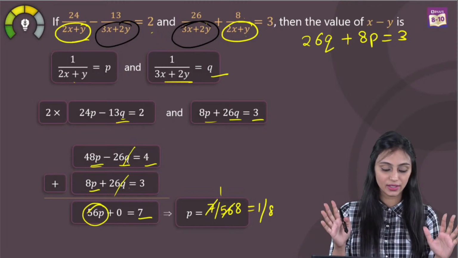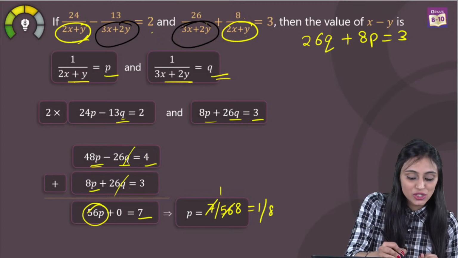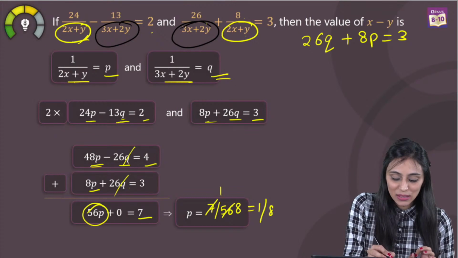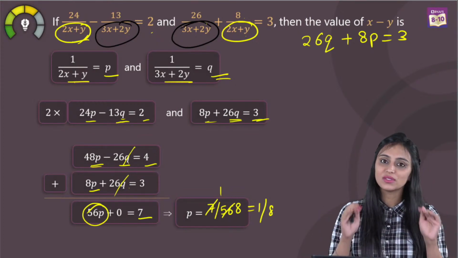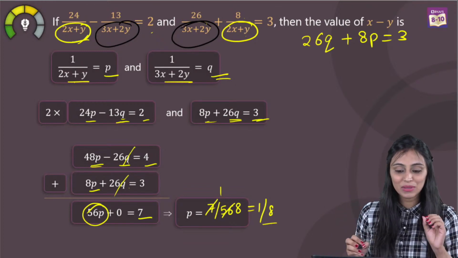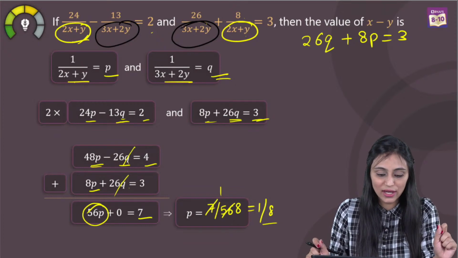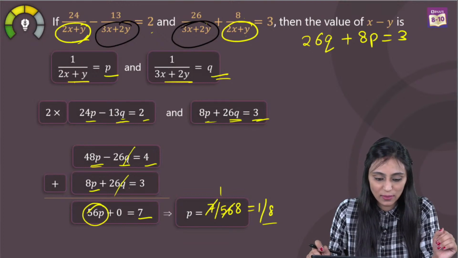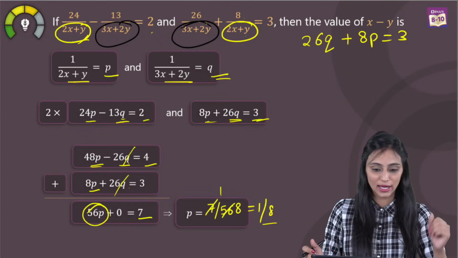So what we have done here is, see, simply we assumed these as P and Q. Then I substituted it here. So we get 24P minus 13Q equals to 2. 8P plus 26Q is equals to 3. Then I applied the elimination method over here. Just simplify this and then you get P equals to 1 by 8 at the end. Alright, so the value of P is 1 by 8. I can see that most of you have written it, Achna says it's 1 by 8, Sahil says it's 1 by 8. Yusuf says P is 1 by 8. 7 by 56, yes Rohit, it's 1 by 8 only.